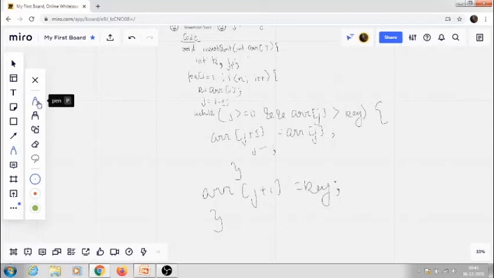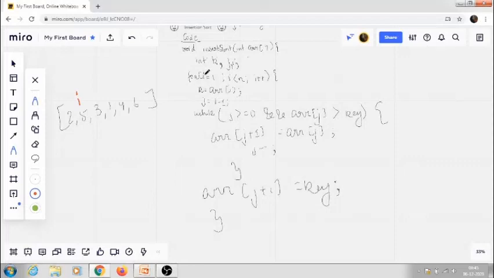We are given the array, this is our required array: 2 5 3 1 4 6. I will just explain it once. We are starting our i from here, from 1.